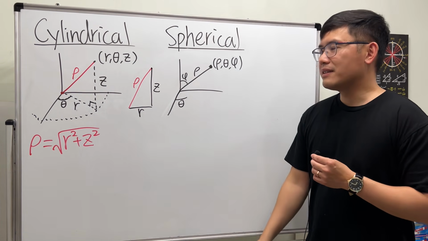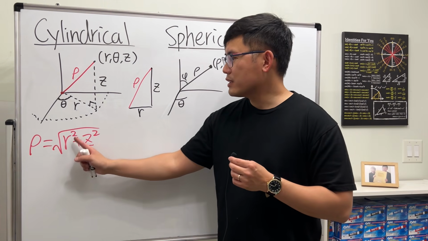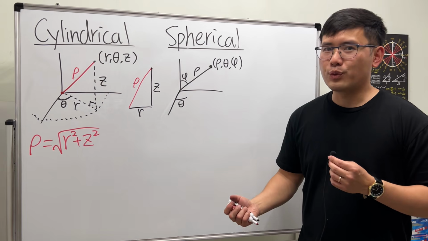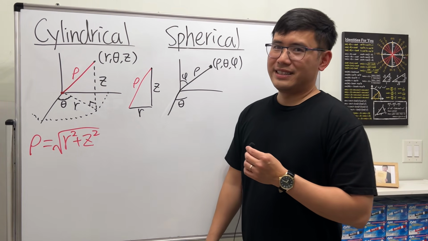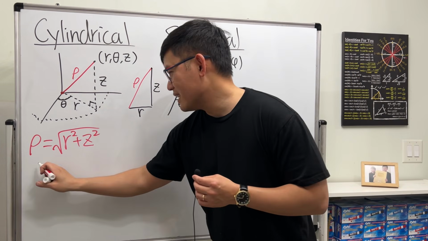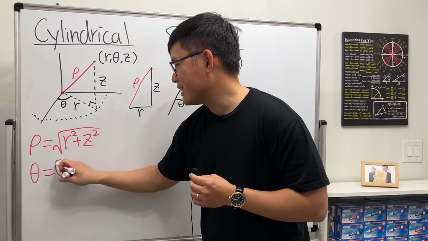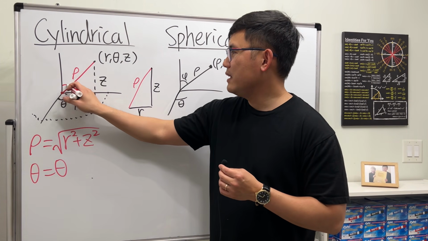Done. And in fact, this is how you can prove the 3D version of the Pythagorean theorem as well, because r squared equals x squared plus y squared. And that's how we got the expression that we had earlier. Next, here we have theta. Here we also have theta, so that's perfect. Theta is just equal to theta. Yay. Finally, to get the angle phi, which is here,